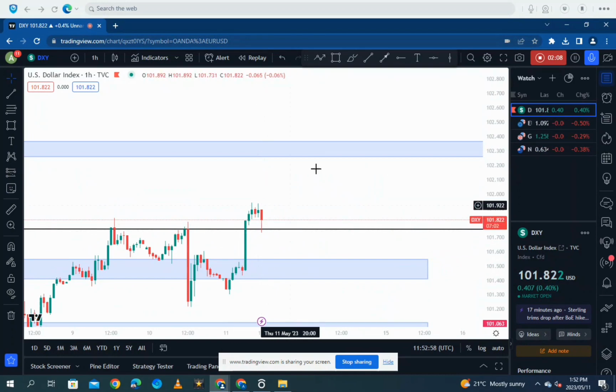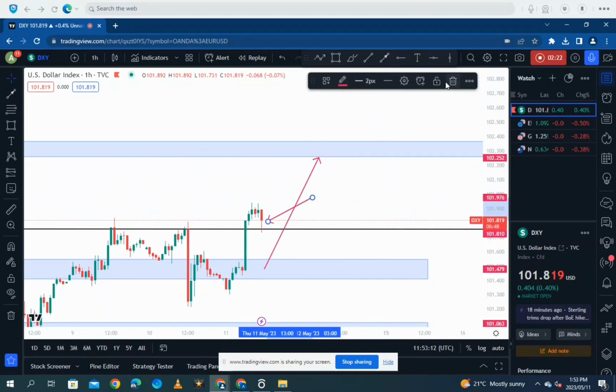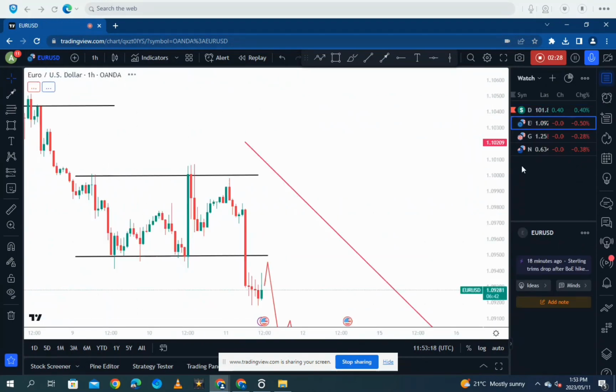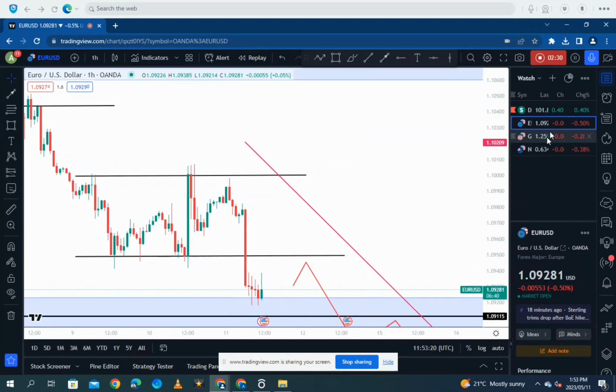Since we are getting that beautiful candle there, now I'm definitely convinced that DXY is pushing to the upside, right? So we're definitely gonna hit those levels there. Well, not definitely, but we are more likely to hit those levels there. So as you guys know, I do not trade DXY, but this really tells me a lot about my Euro